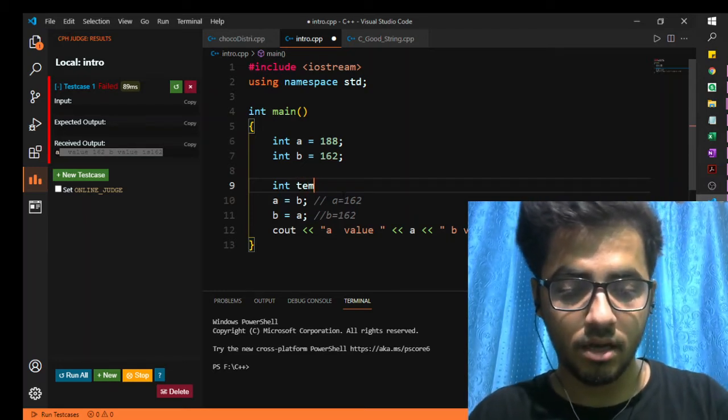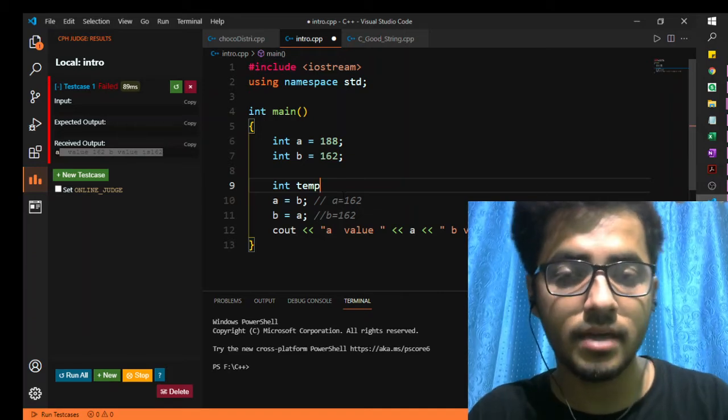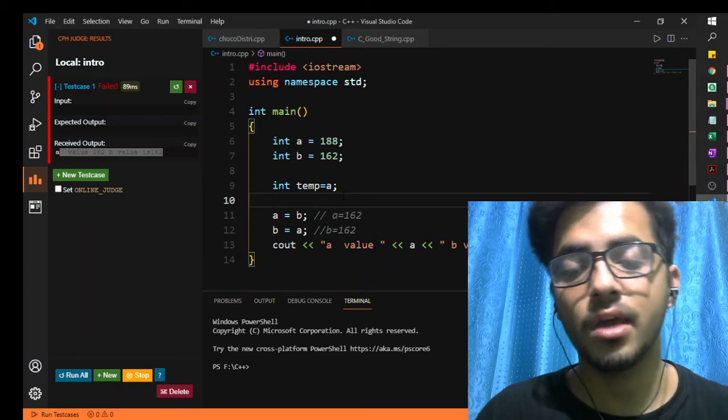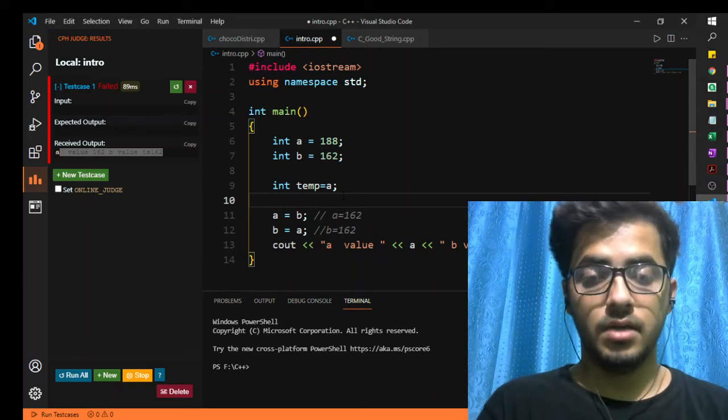Basically we can take a temporary variable and name it temp, and we can reserve the value of A in the temp variable.